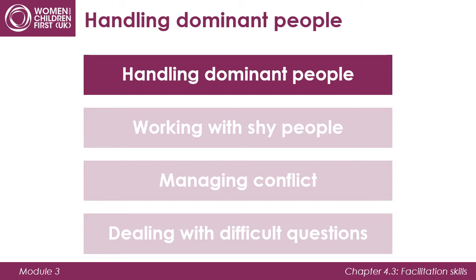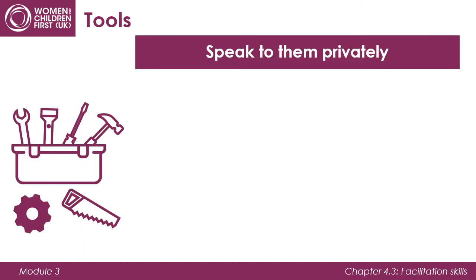Sometimes one person dominates the discussion, confident that they might have the right answers. A good facilitator needs to make sure that others have the opportunity to speak. There are different tools the facilitator can use to handle a dominant person. The first and foremost is that they should speak to the dominant person privately. The facilitator can then assure them that their input is valuable, but in the short time available, everyone needs to have an opportunity to speak.